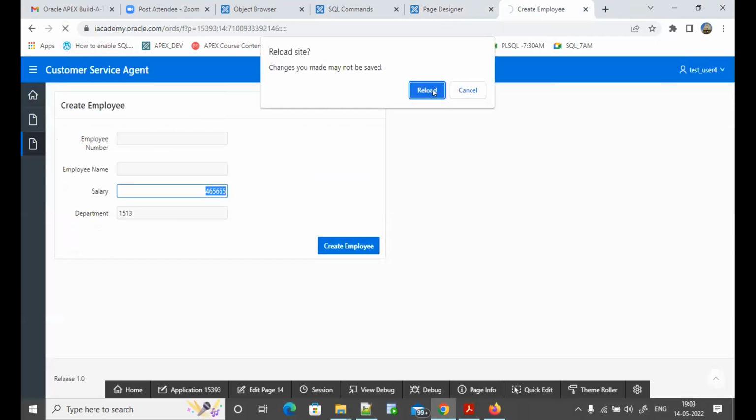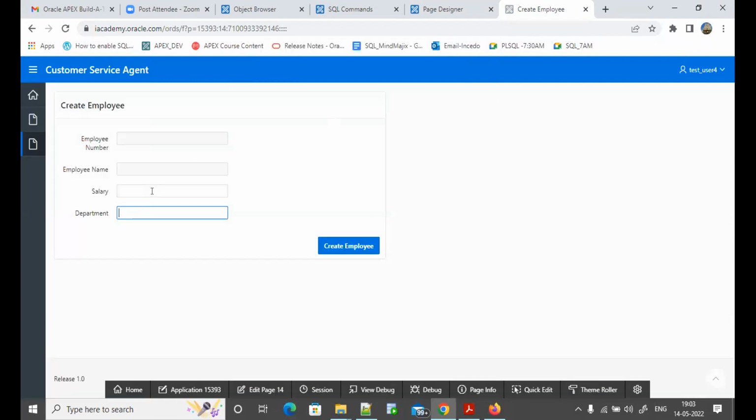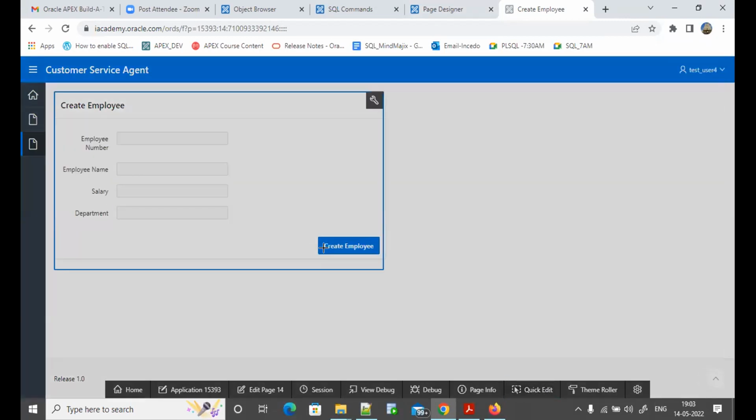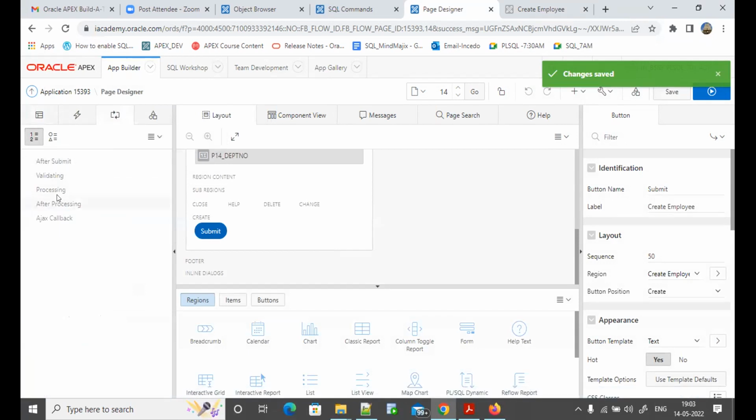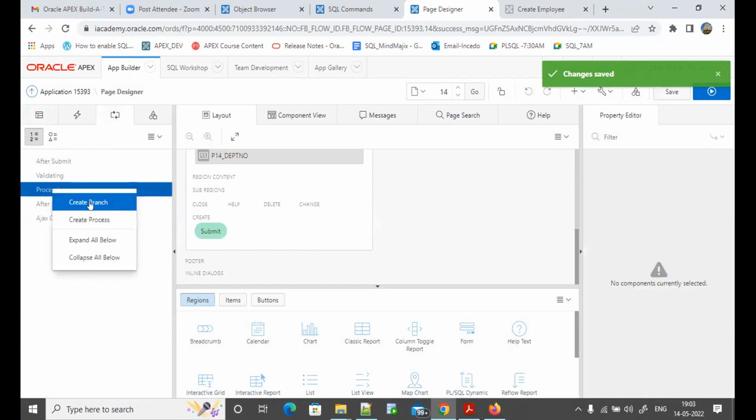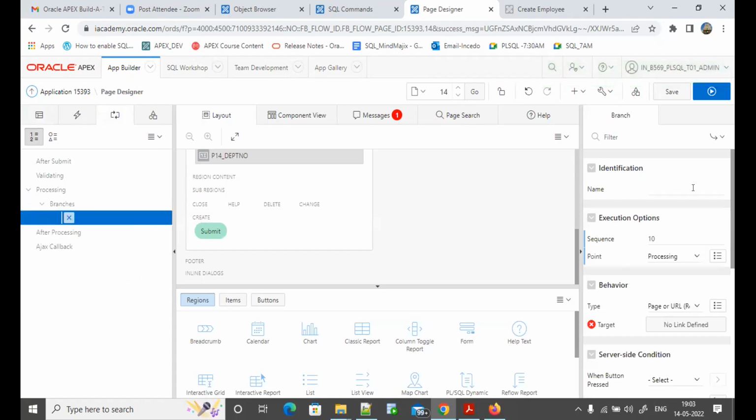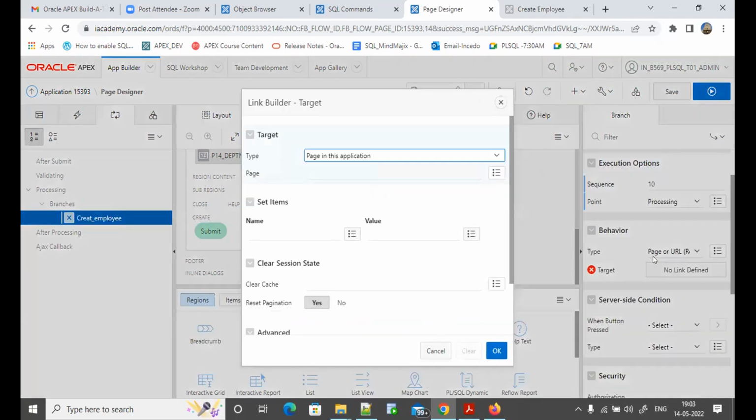Refresh your screen. Now I have my form fields. I have my button to create. Now let me create the process for it. Right click, come to the left side, top button, and then click on processing, create a branch, and then say create employee, and then target is,